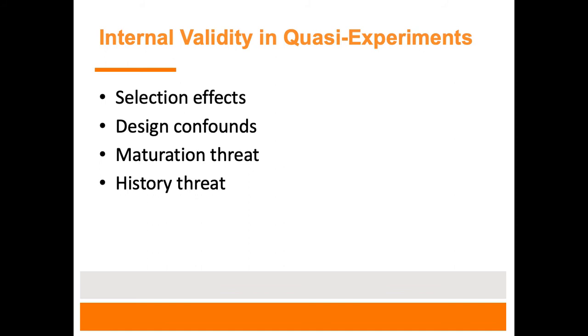And of course, with quasi-studies, history: if one school has a recent incident with drugs or alcohol, their response to something like a DARE education might be different. So each of those is kind of unique. History looking at the past, maturation looking at the course of the study and the participants changing maybe. And of course designs can happen anywhere, especially based on maybe the types of people you get.